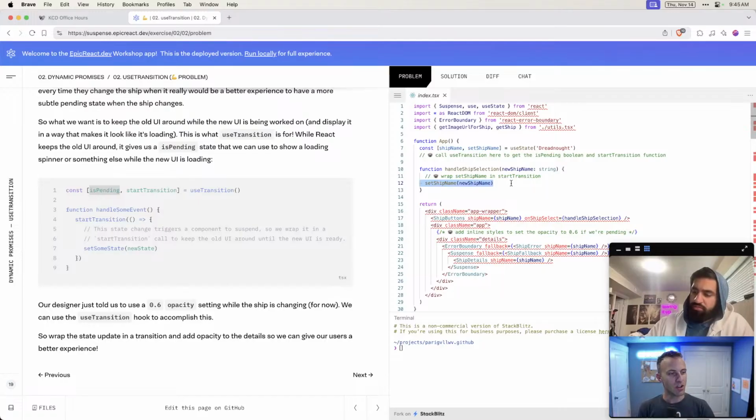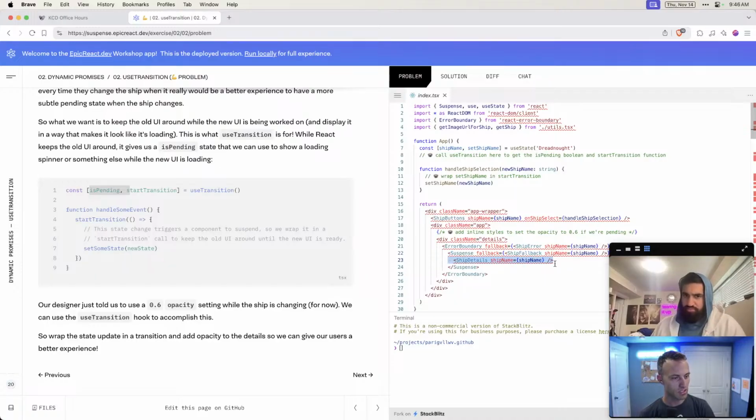And so we can tell React, hey React, I'm going to be making some state updates, and if there are any renders in the process of those state updates that trigger suspense, I want you to not render the suspense fallback, and instead, I want you to give me an isPending Boolean. So that's how we do this. We just wrap the state update in a startTransition. We get our isPending state, and then we can do whatever we want with that. And React will just say, oh, okay, then I won't render the suspense fallback. You can do whatever you want to.